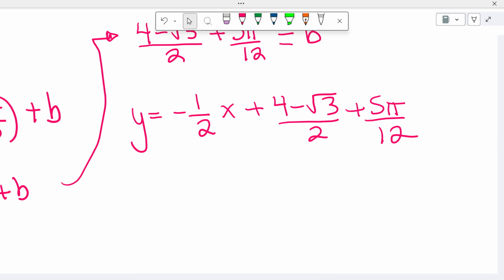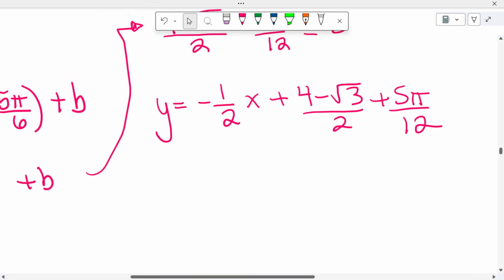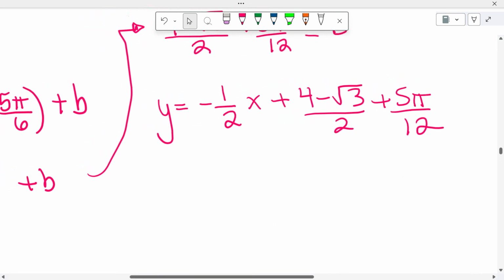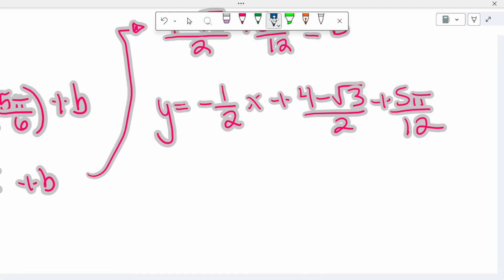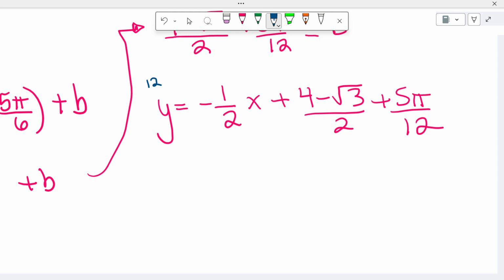So if I do general form, right, what would I multiply everything by? I'd have to multiply everything by 12, right? And then I would take everything to one side. So I'm going to multiply by 12. Are you guys okay that I do it in one step? So I'm going to multiply everything by 12, but also move it over. So I'm going to take everything to the side where the x term is going to be positive. So I'm going to get a 12y,